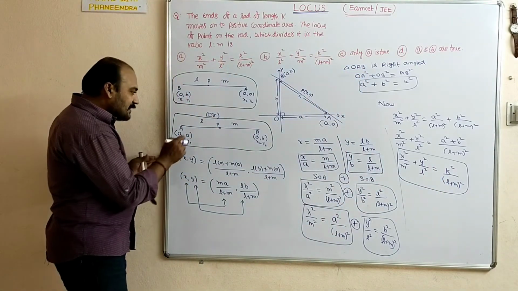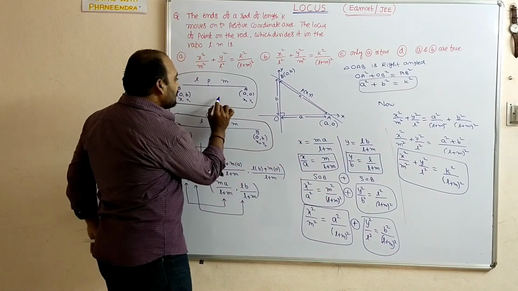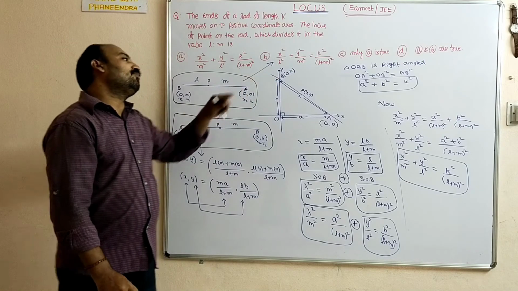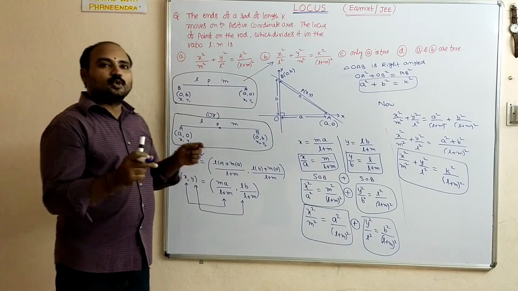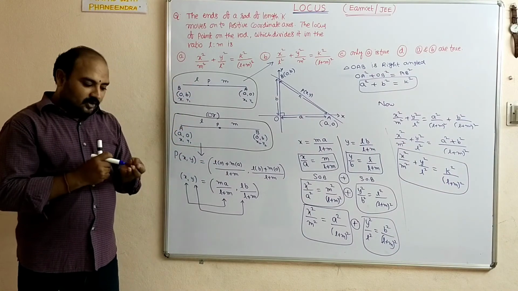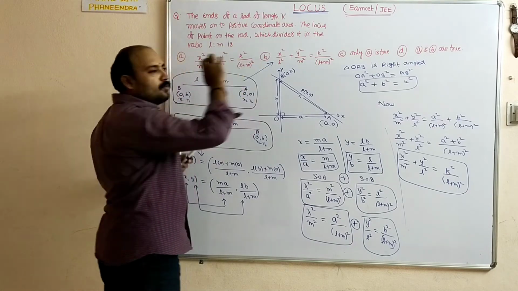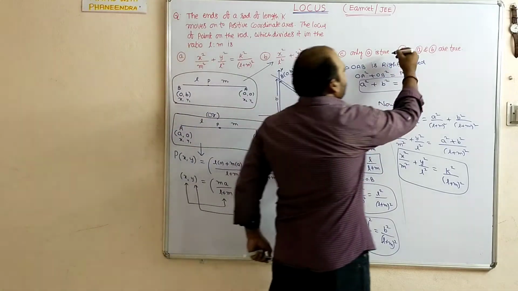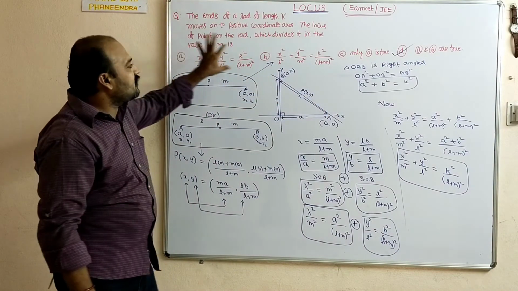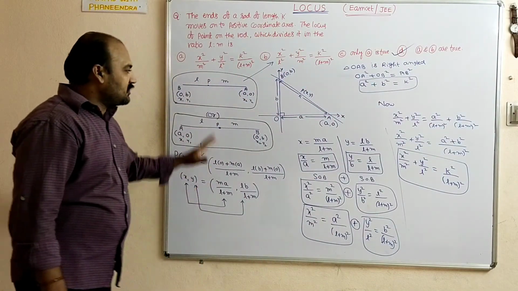But if we consider the second case, you will get this answer. We cannot expect the student to take whether it is this case or this case. So based on the assumption the value will come. So first option and second option both are correct in this. So the fourth option is the right option. Both the loci are correct, either first option or second option, which is mentioned in the fourth option. So this is the procedure.